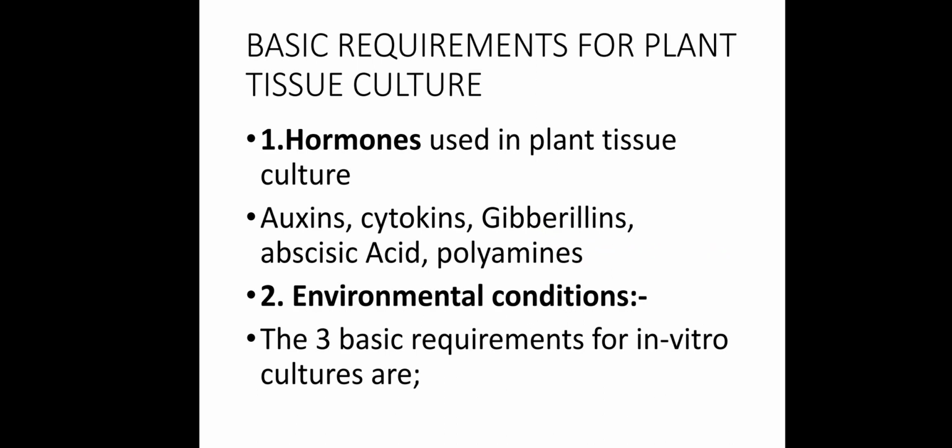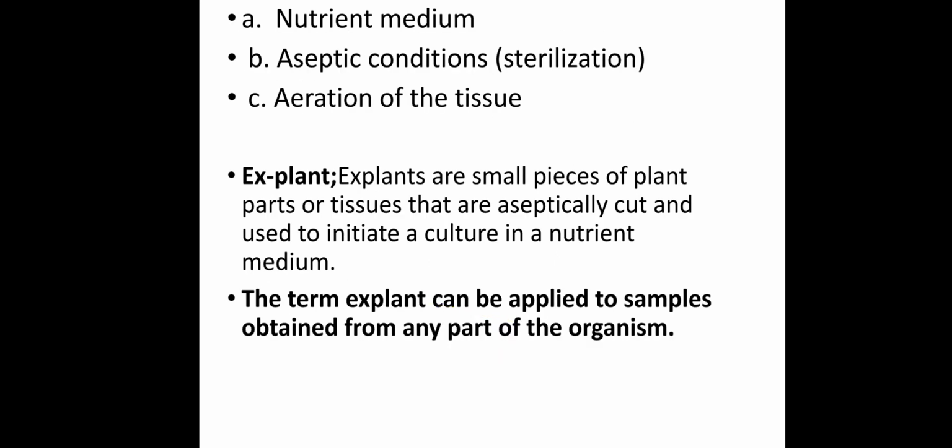Now, hormones such as auxins that include indole-3-acetic acid, indole-3-butyric acid, naphthalene acetic acid. These are plant auxins. Then you have cytokinins, gibberellins like gibberellic acid, abscisic acid, polyamines like putrescine, spermidine, things like that. So these are required for plant tissue culture. Then next is environmental condition, which is a basic requirement. So the three basic requirements for in vitro cultures include the nutrient medium, the aseptic condition, which is sterilization, then